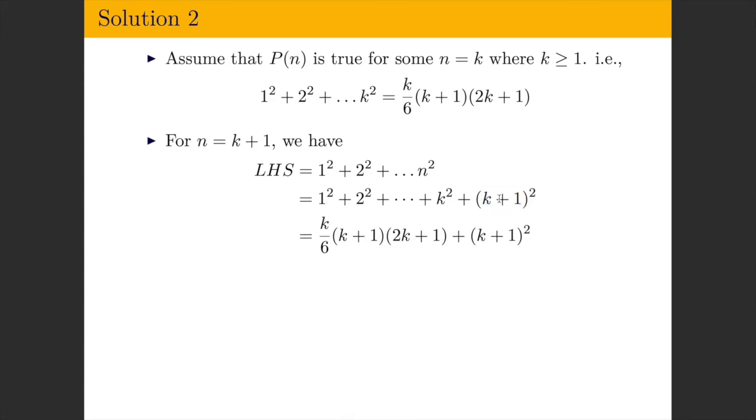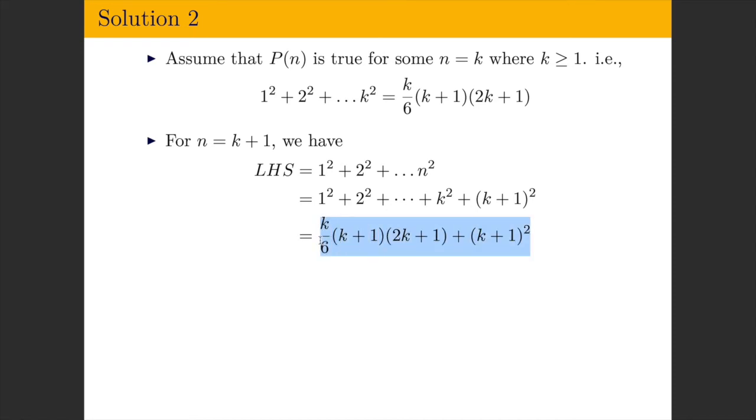So now I'm going to use this assumption that we have here. Remember, the assumption is that this particular summation here, 1 plus 2 squared plus all the way to k squared, is given by this mathematical expression above. So I use that in my proof. I insert that into my next line of reasoning. And so now what we've got is the most fundamental part of the proof. And now it's going to be a matter of making that left-hand side, or this expression here, look like the